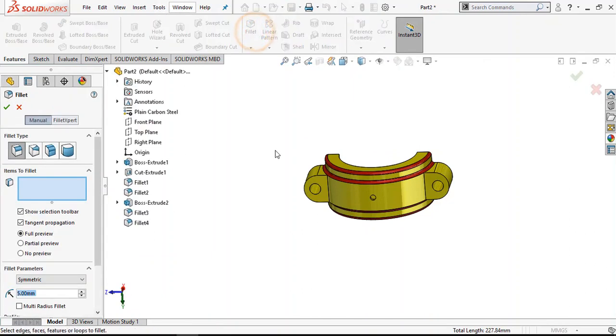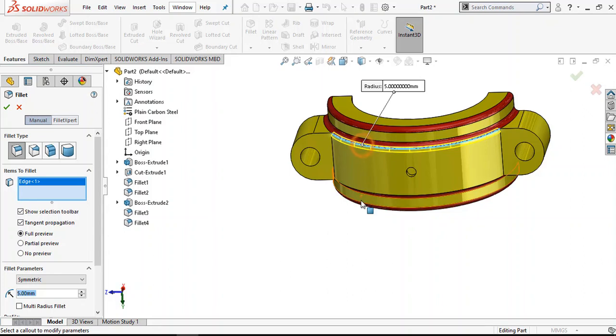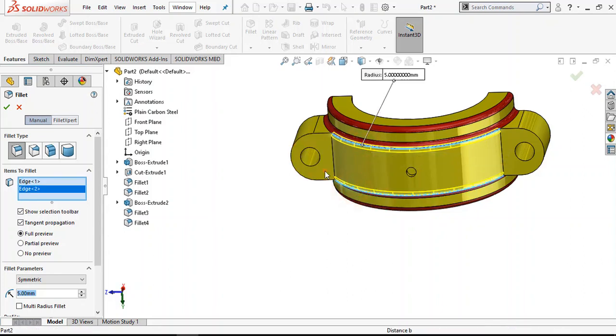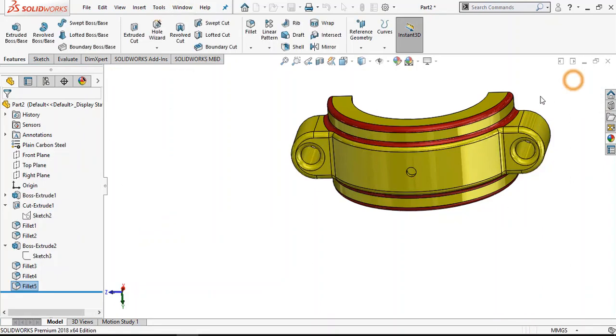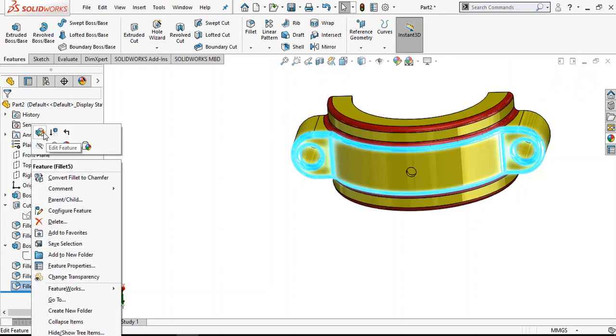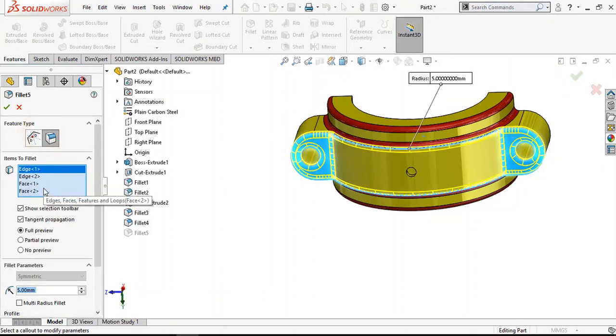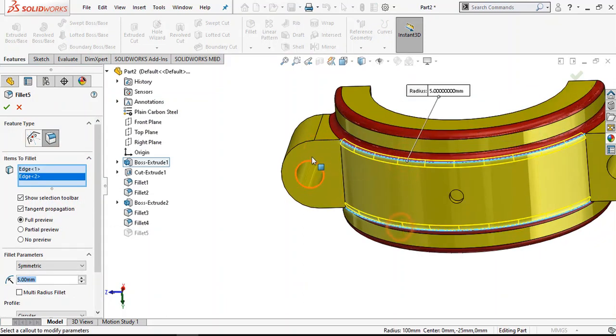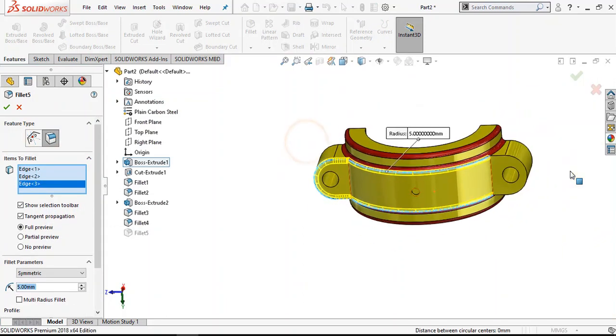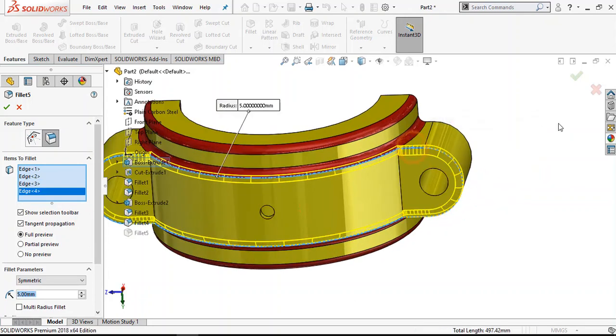Again select fillet, select this edge and this face and this face. Okay, edit it, clear selection, this edge and this edge, this edge and this edge only.